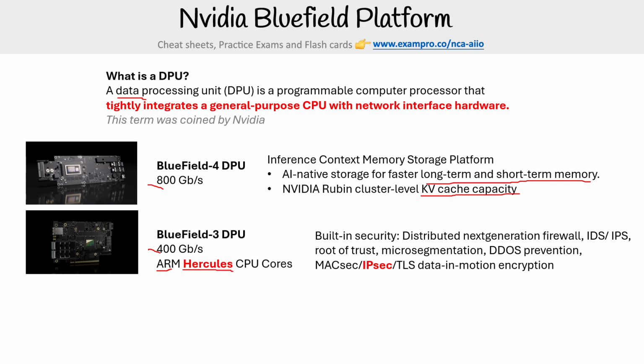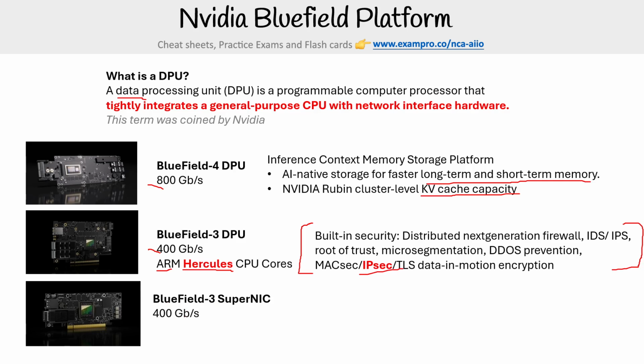MACsec, IPsec, TLS, data in motion encryption. You're supposed to know a bunch of security offerings, and if you generally know this list of stuff, especially for the Bluefield thing, then this will probably help you score most of your points for the security one. But IPsec seemed to come up a lot, so I just highlighted IPsec. I don't know if I made a separate slide of what IPsec is, but just know that IPsec is what